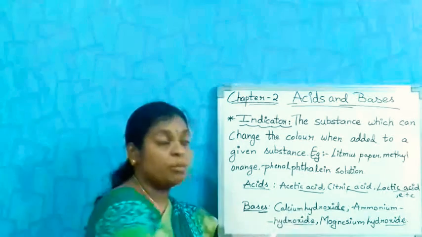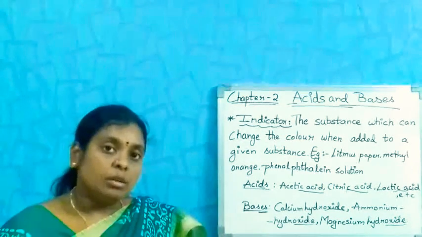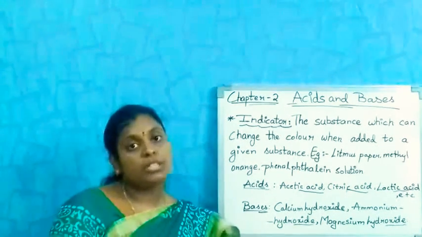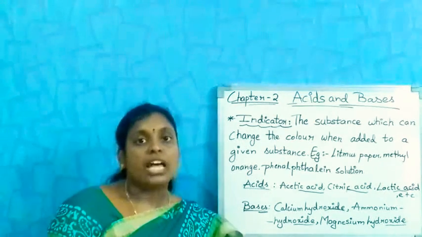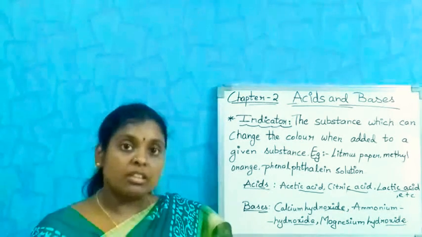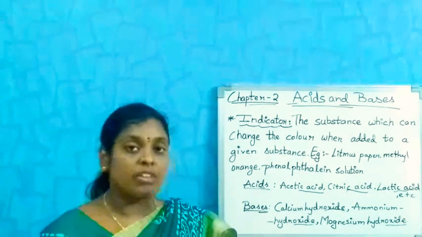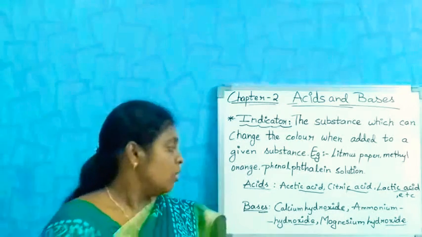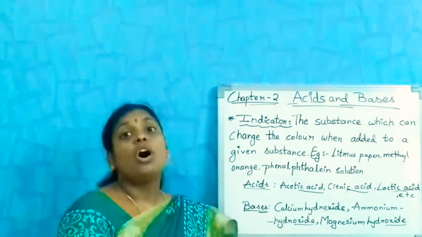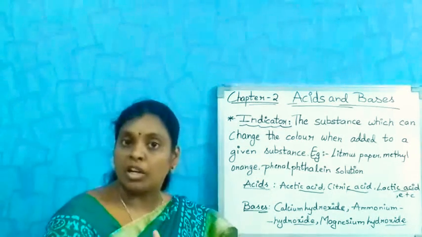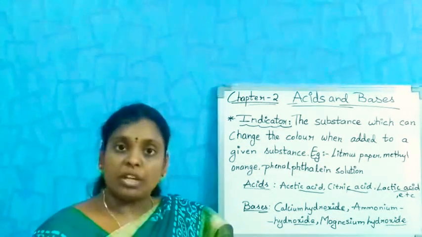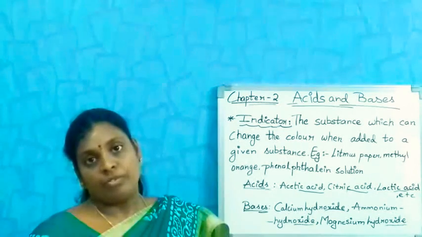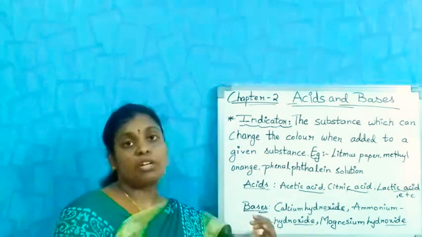If you burn the magnesium ribbon, as we did in last year's activity, take some of the leftover ash and dissolve it in water. It is magnesium oxide, which turns into magnesium hydroxide. Similarly, when oxides of potassium are dissolved in water, they turn into potassium hydroxide. So these are a few examples of bases.